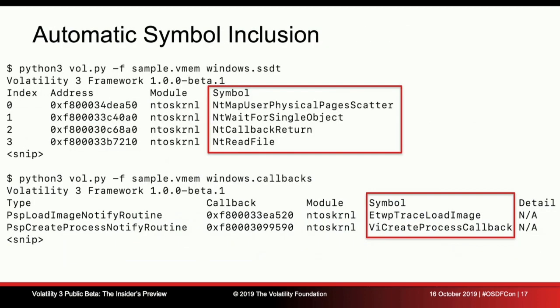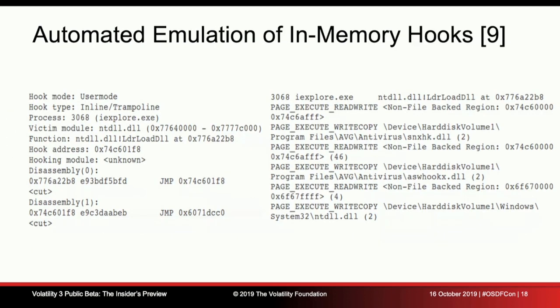Also, in the output of all of the plugins where it makes sense, especially for kernel analysis, we include the symbols right away. So if you have done kernel analysis with Volatility 2, if you looked at the system call table, the callbacks, the IDT table, all of these areas of kernel memory that rootkits tamper with, in the past we would just tell you what module it came from. It would say something like NTOS or the network driver. Now what we can do is actually tell you the symbol that's implementing that. So you know exactly what part of that module is implementing the functionality, which lets you do much deeper analysis. And again, this is not something that we could really support in a sane way with Volatility 2.